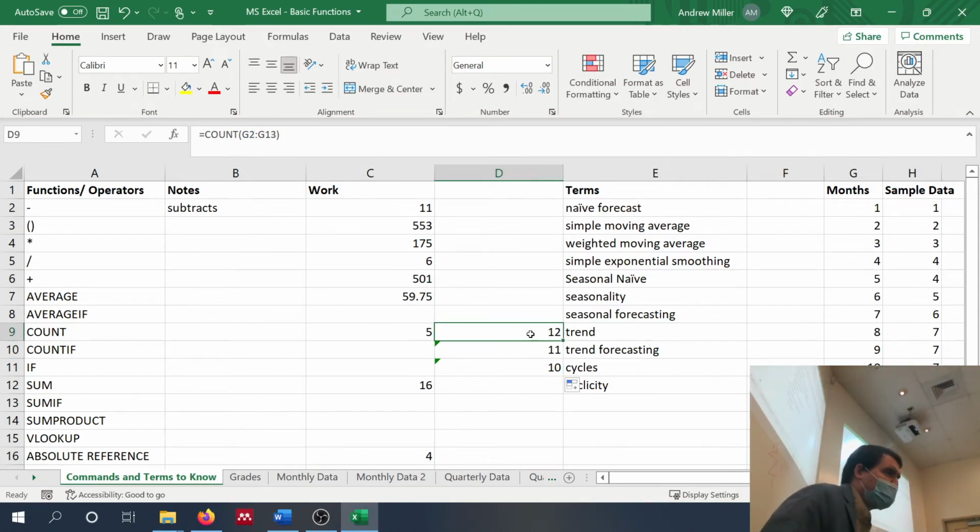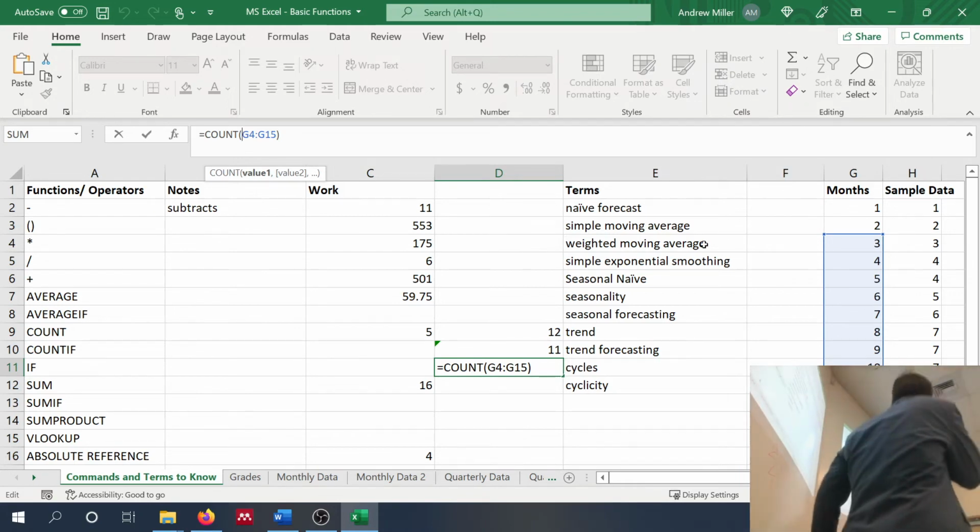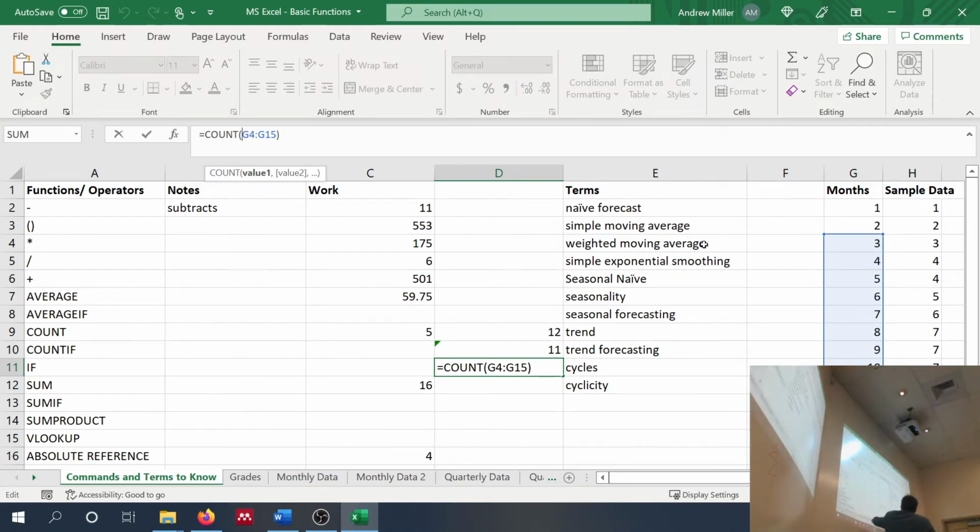So if we want to prevent that from happening, and when it's looking at G4 to G15, you can click on that range, and it shows you in the data where it is looking. So it's looking from month 3 to month 12. There's nothing in these 2 cells that it's looking for. Ergo, there are 10 months that it has inside the cells. Okay? How do we prevent that from happening? So if this is what a relative reference does, what type of reference do you think may prevent that?